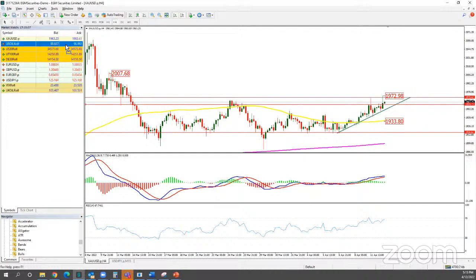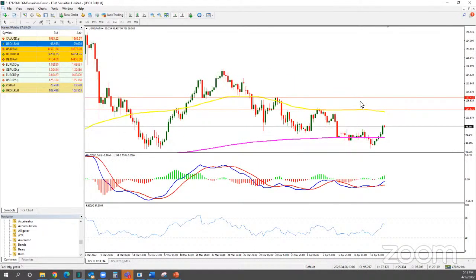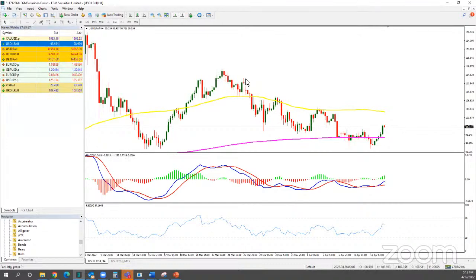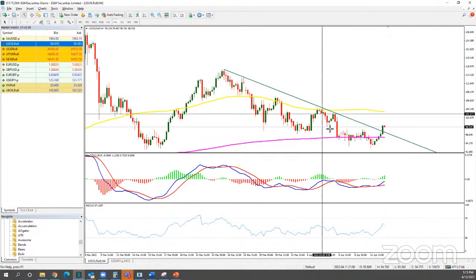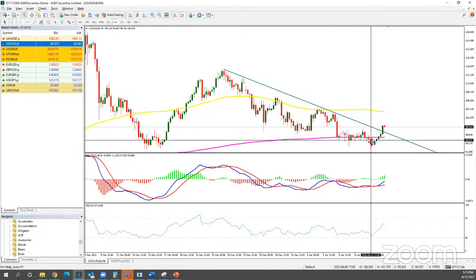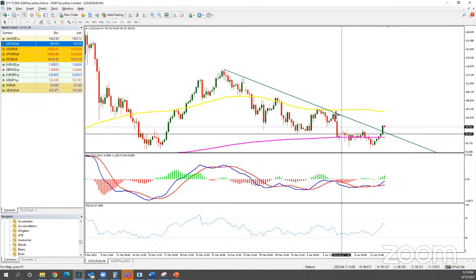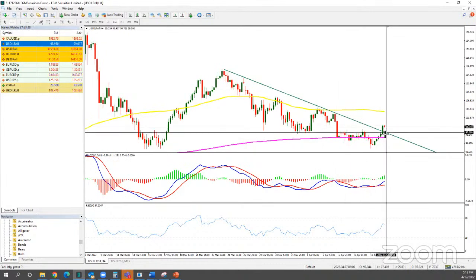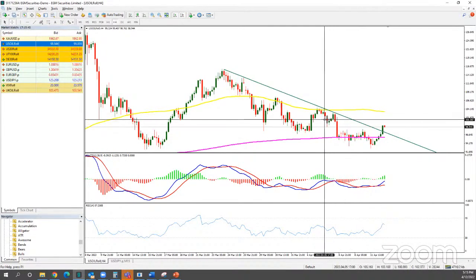Going for the oil market, if you look at the oil market, this is the 4-hour chart. In the past 3 days, we saw the oil market go down and down and down, a red market basically. But today we saw prices recover the 4% loss that happened in the past 2 days, right? And almost recovering. So this was 4.5%. Now it's almost 4%. So it recovered the losses that happened in this day.